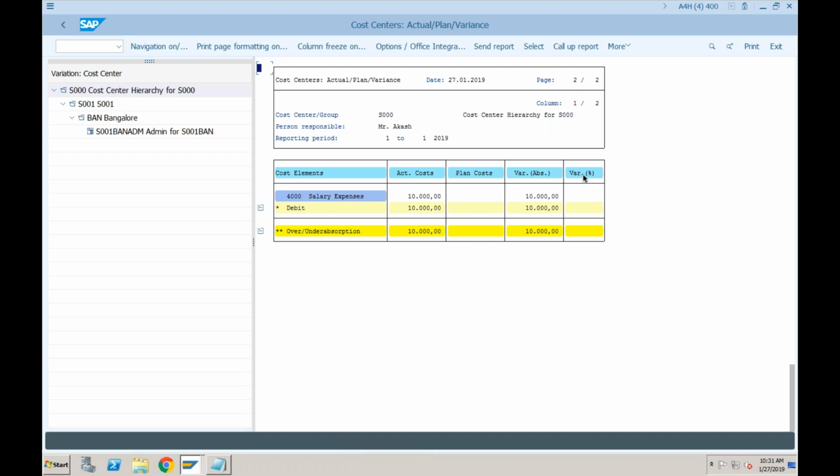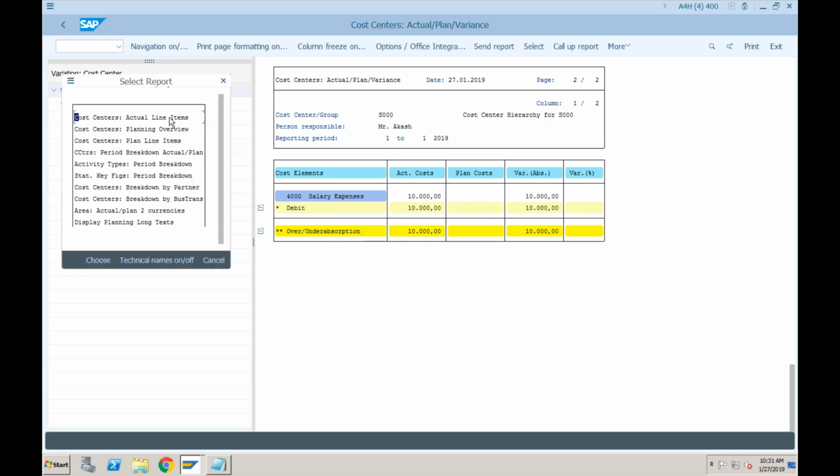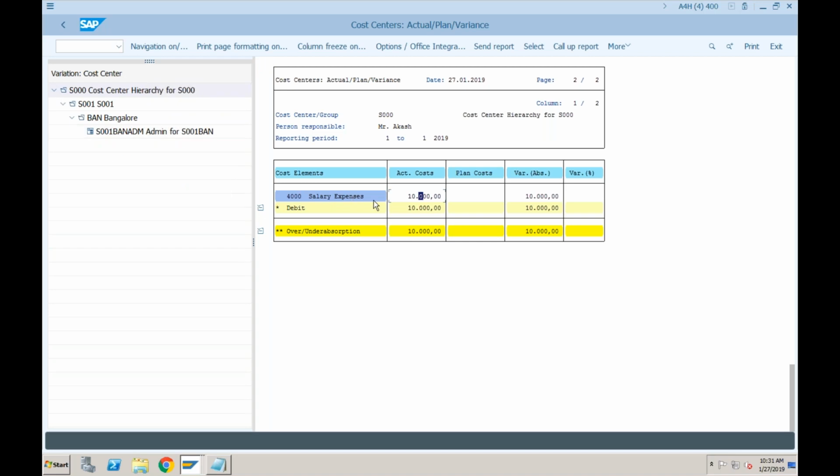And this is variance in percentage. So there was blank value, so system cannot calculate the percentage. But if you have some planned values, it will also show you how much is a variance in terms of the percentage also. Now, some of the reports are just the ALV reports. Some of the reports are interactive reports. Interactive reports means when you double click on this, it will open the other options. While there are some reports which are not interactive, which means even if you double click, it will not give you further information. The information is restricted to this much only.